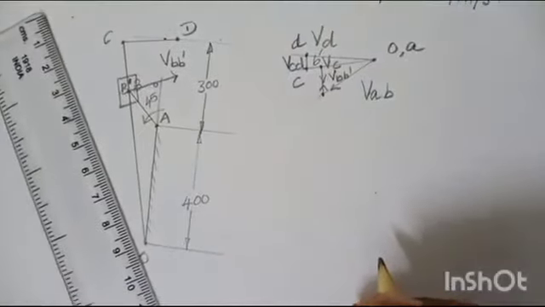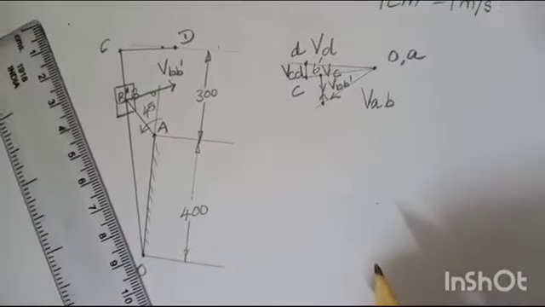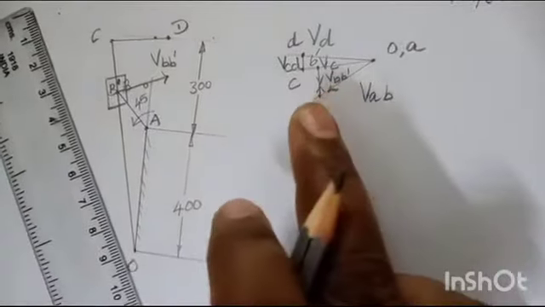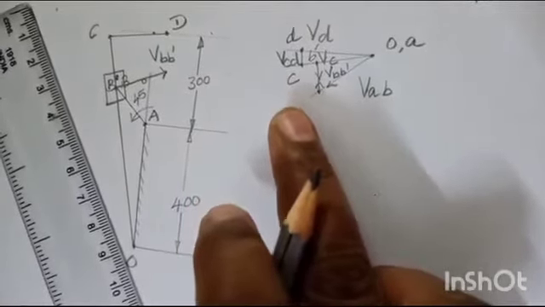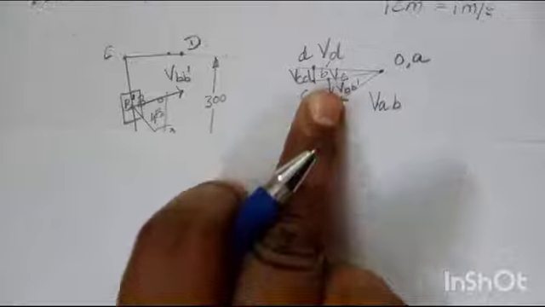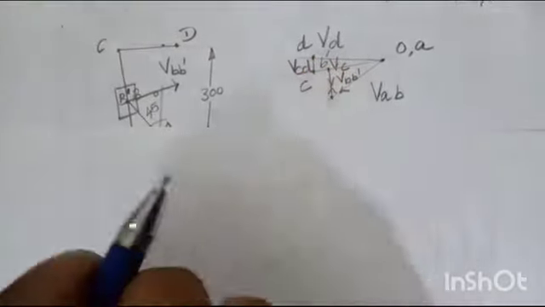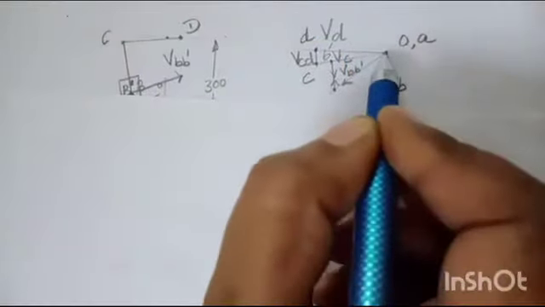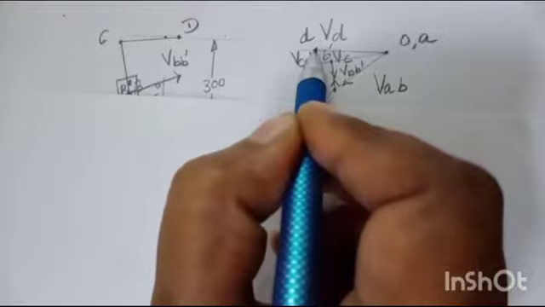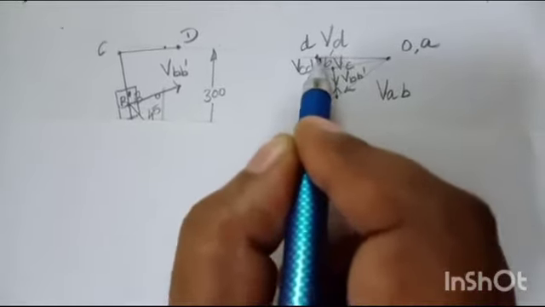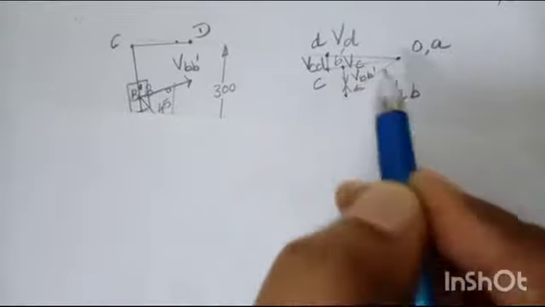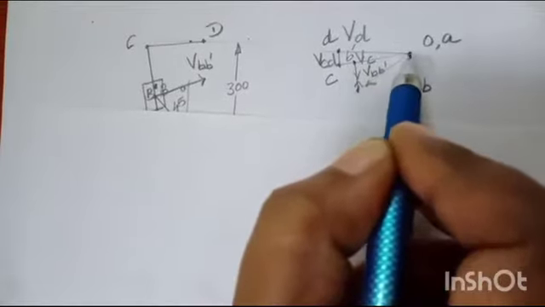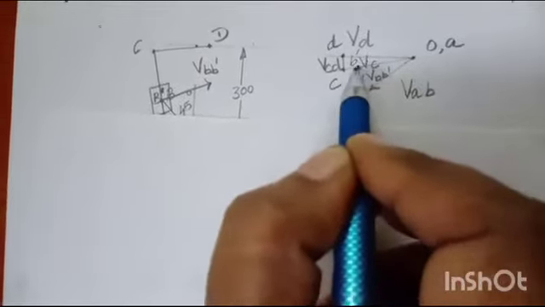Now, while constructing or starting this acceleration diagram, before going to that, you just calculate all the radial accelerations of these particular links with the help of this linear velocity. From the velocity diagram, you need to calculate each link velocity as well as radial acceleration. So the VD value, from this O to D, is the velocity of slider D, and C to D is the velocity of CD, and from this B dash, this vertical line is your VBB dash. Like this, VOB dash also you will get from this. So like this you need to calculate.